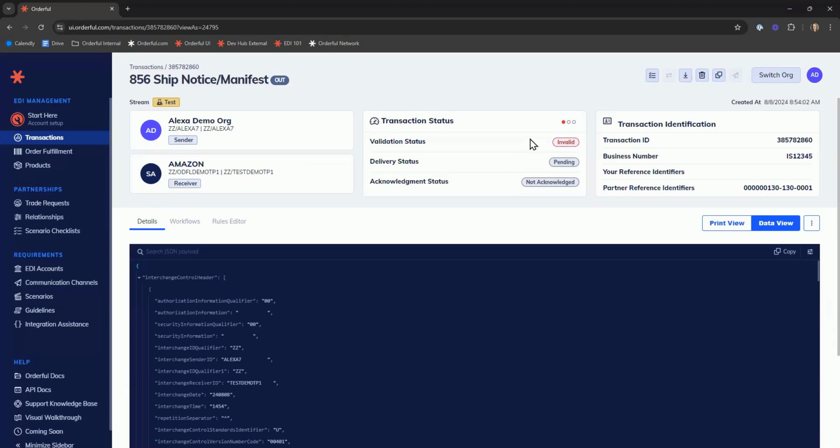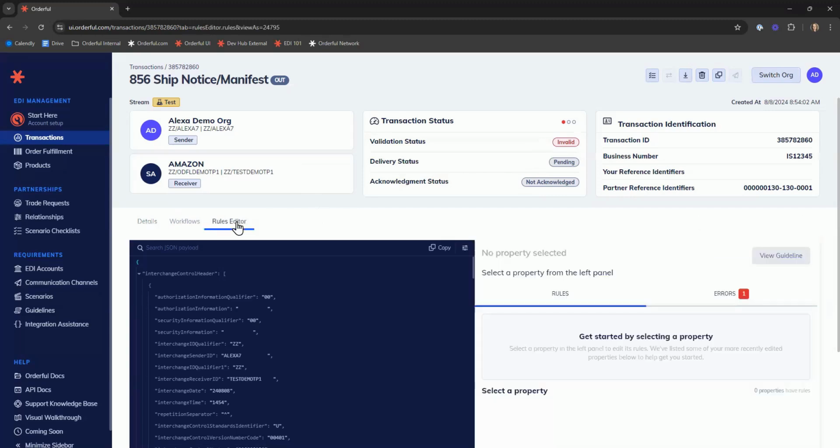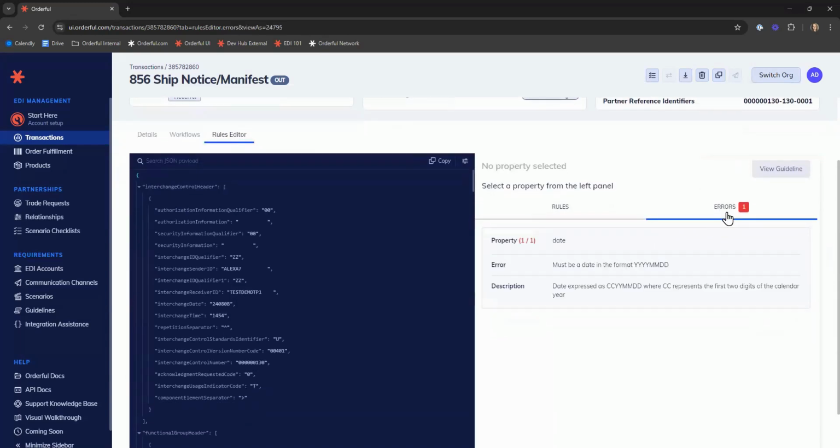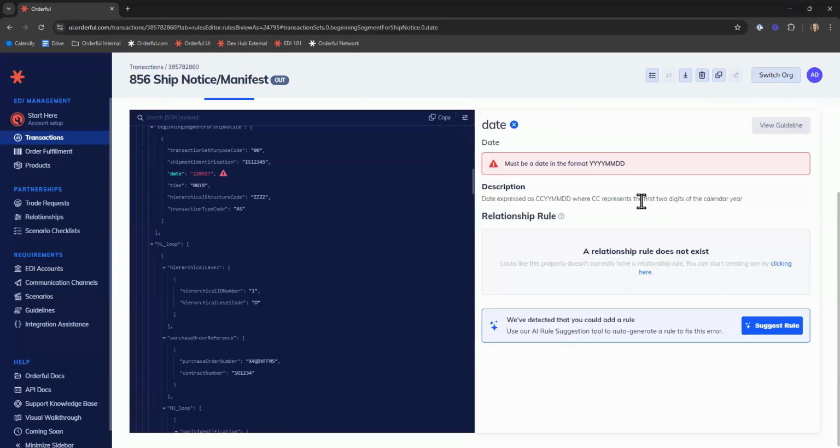We also see that the delivery status is pending, as Orderful is never going to deliver an invalid transaction to your trading partner. With being a self-service platform, you have the ability to come in and write rules to fix validation errors when they occur. Clicking on our Rules Editor tab, we're able to see the error and what exactly Amazon is expecting. In this case, Amazon expects to receive a 4-digit year, but checking out our payload, we're only seeing 2 digits